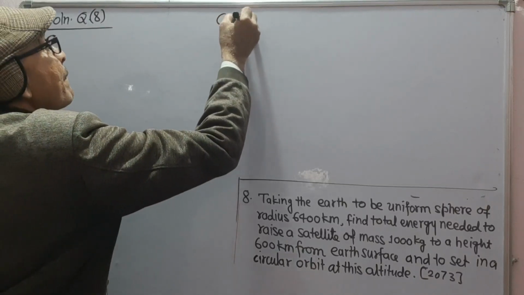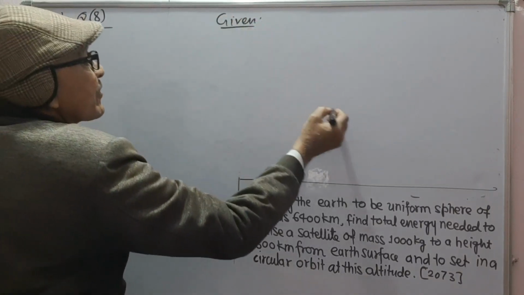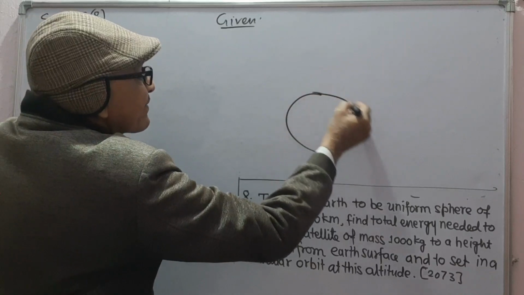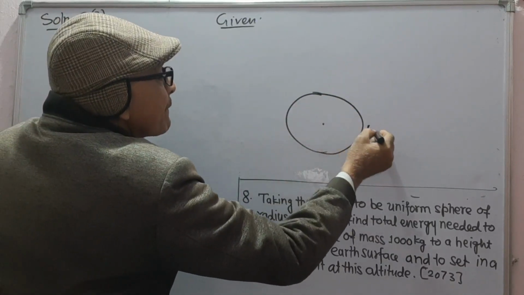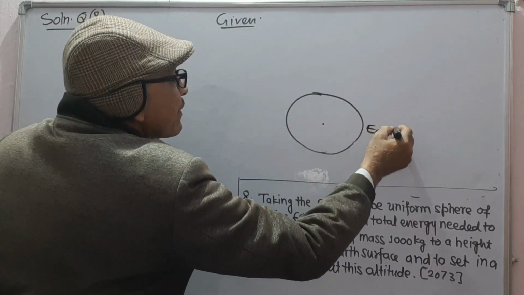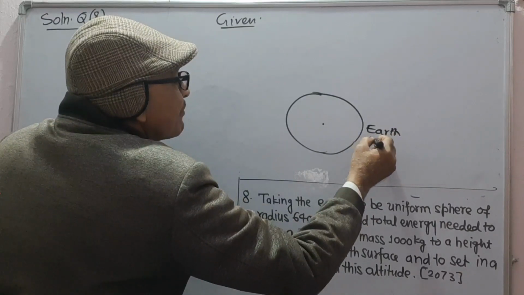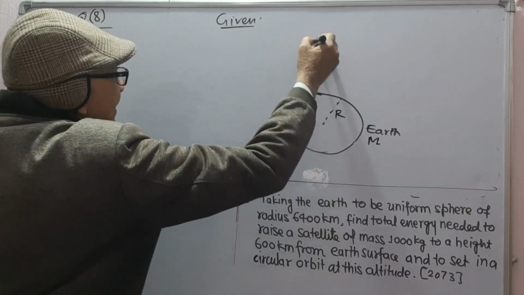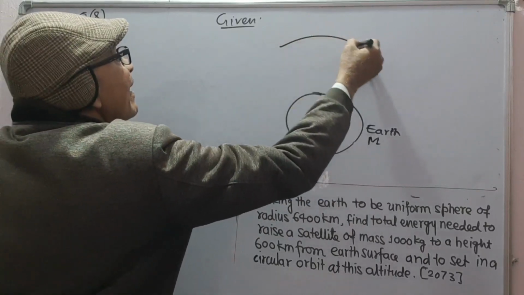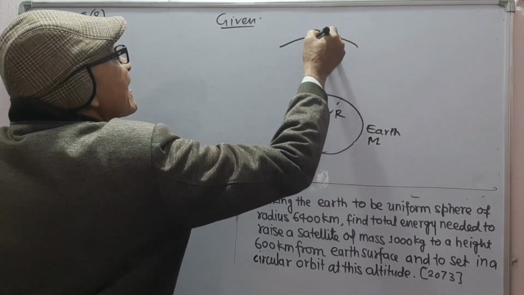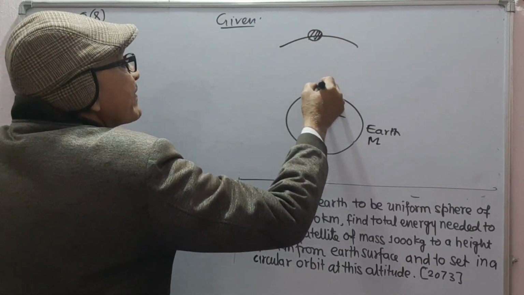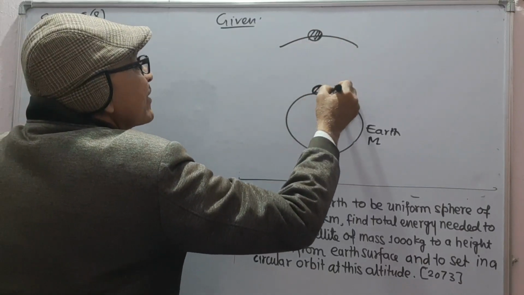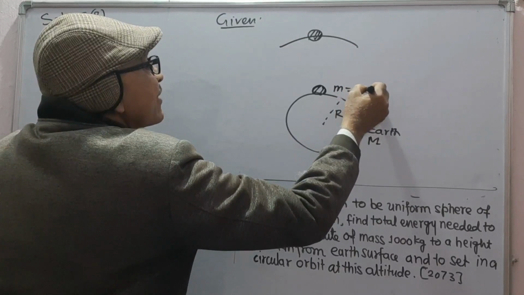Given, suppose this is Earth's surface of mass M and radius R. We have to send a satellite of mass m is equal to 1000 kg